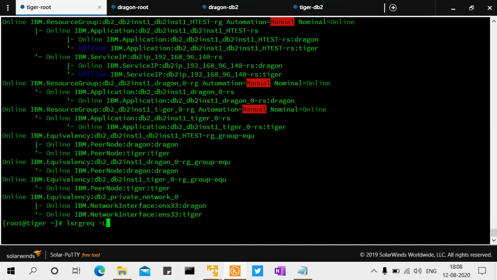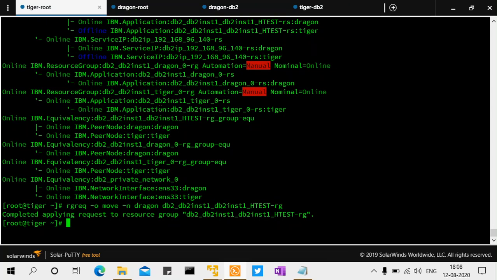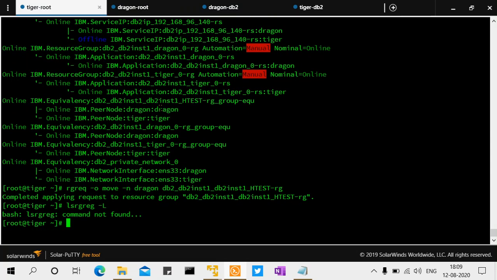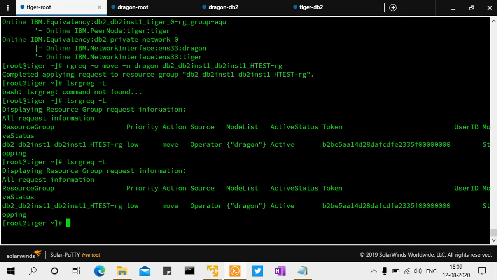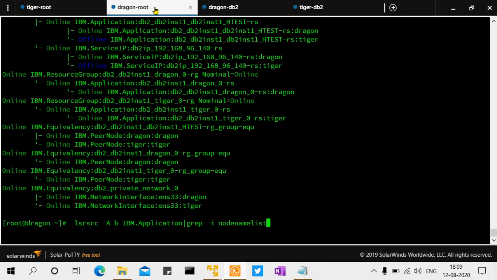No, not this one. rgreq -o move, and -n is the node name. Node name should be Dragon, because that's my primary, and I have to give the resource name. If I do this, the request is there. lsrgreq -l shows the request, so this move request is there. The request is placed, and you can even look at the lssam output.